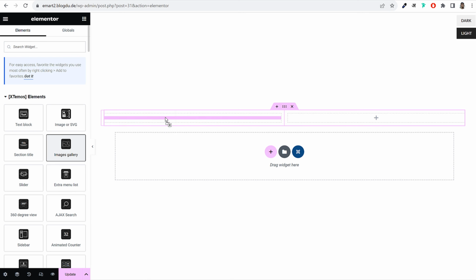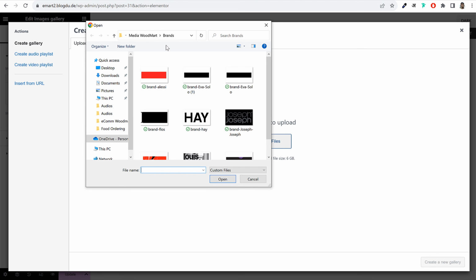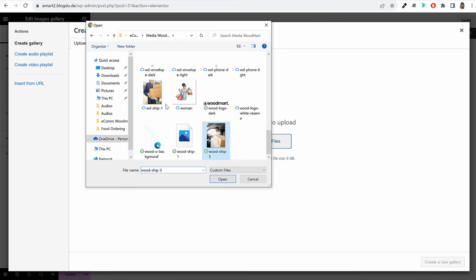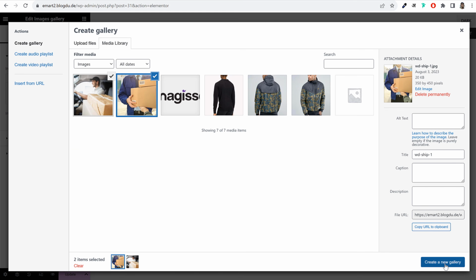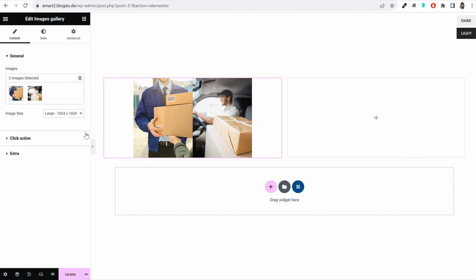Here it is, images gallery, and I'll upload these two images. These two images are also given to you under this folder. Here as you can see, these are the two images. Click on open, and once added, click on create new gallery, insert gallery, and what we'll do is change the